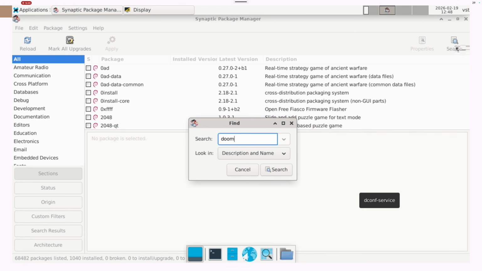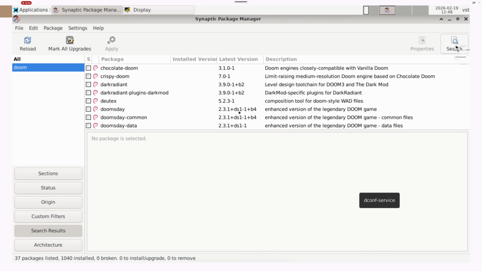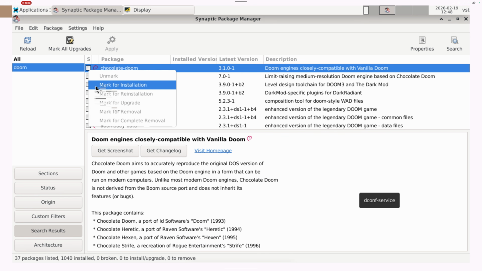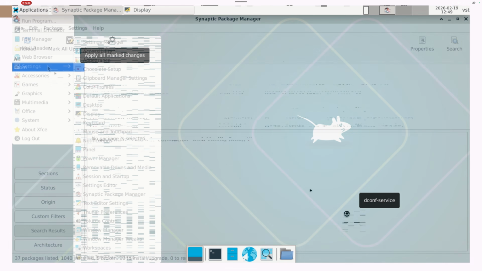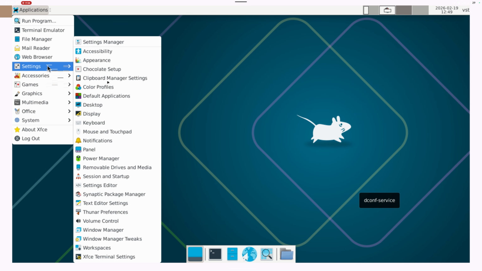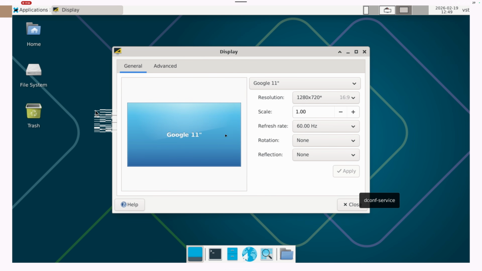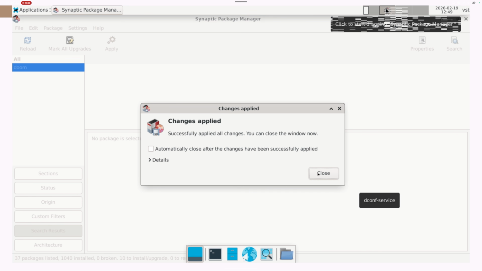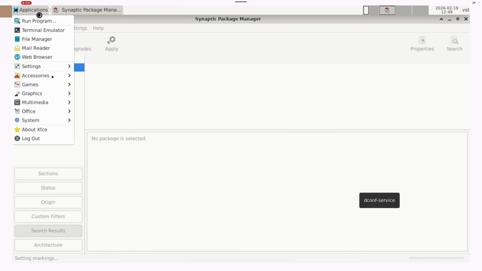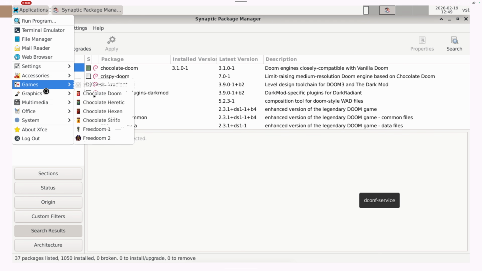Let's try to search for Doom. Chocolate Doom is here. Mark this for installation. Now I'm gonna install it. So I'm gonna hit apply here. I want to show you some more things as this thing is installing. Oh my god, you can see it's not perfect. Now on the display, Google 11, right? Can I change it, by the way? Not sure. I think it's fixed and this is the refresh rate, so nothing much that I can do from here. Changes applied. So the Chocolate Doom is here, but I don't think I'm gonna have the WAD file,